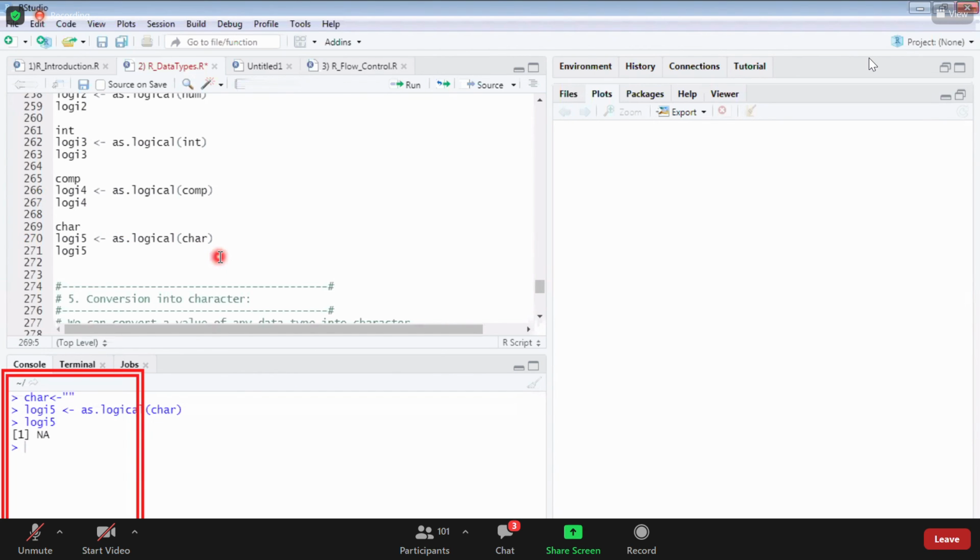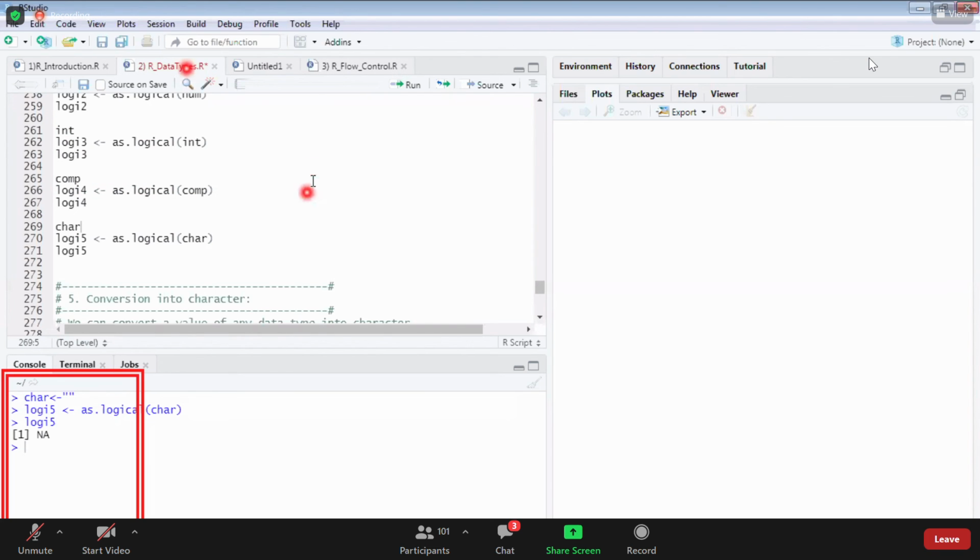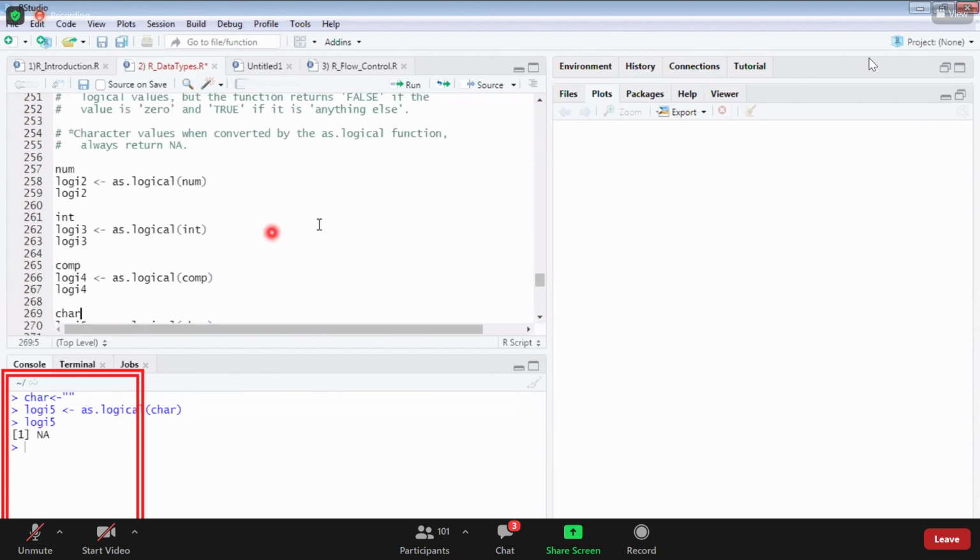Okay, I'll share this document in the WhatsApp group. Once you can execute from your end, if you have any doubt, you can let me know. Tomorrow afternoon we'll be having lab. Tomorrow, the first one hour I'll be taking class on flow control. Then you can do the practice.